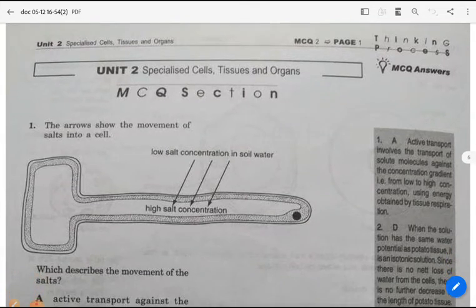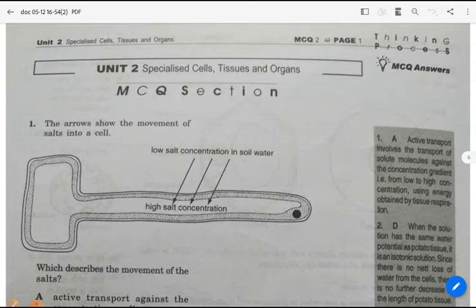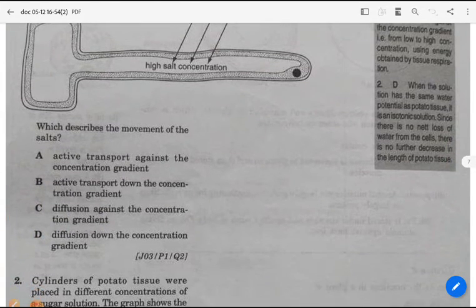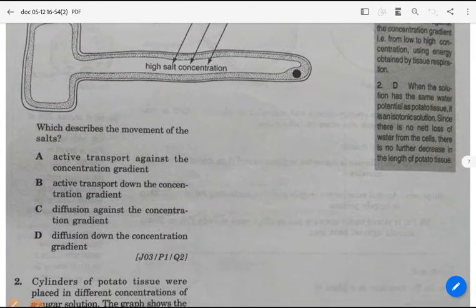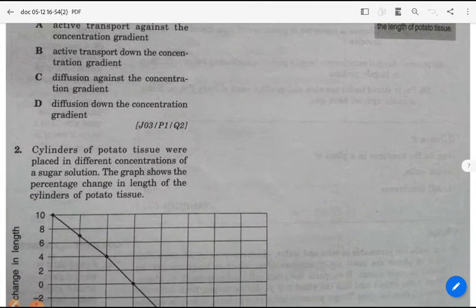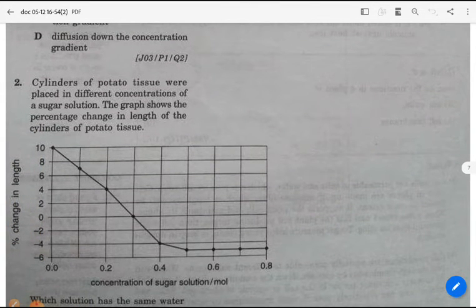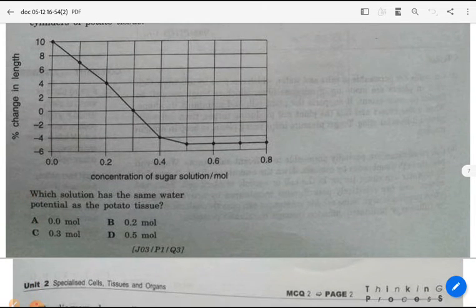The topic we read in the book, the process of specialization, we studied it, and then we studied the different organizational levels. So this section is related to that part of the chapter. First of all, we'll do the MCQs of this section. The first two MCQs are given in this chapter, but these are not related to this chapter. They are related to our next chapter, so we'll not do these questions. Inshallah, when we study our next chapter, then we will try to attempt these questions.